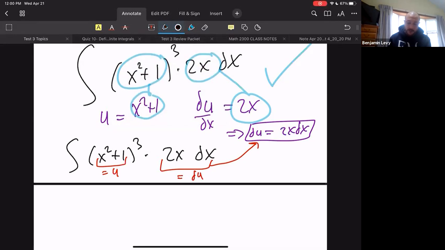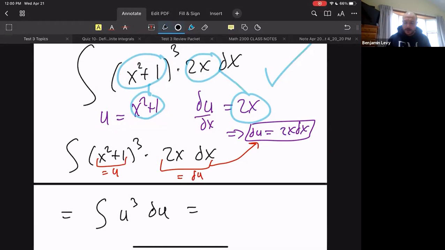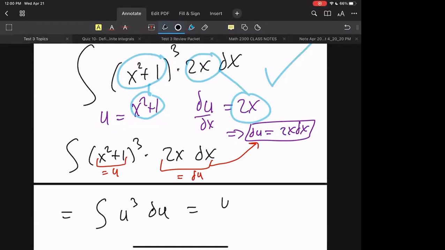And so it lets us transform this problem that was really nasty at first, right? Something being cubed, a polynomial being cubed, and its derivative next to it, i.e. a chain rule. And it lets us transform it right into just u cubed du. Super easy. Now we just find the antiderivative. What is that, Janetta? It's going to be u to the fourth divided by 4.